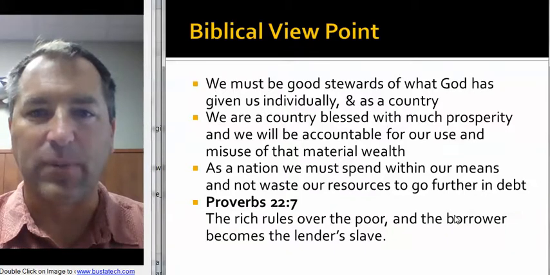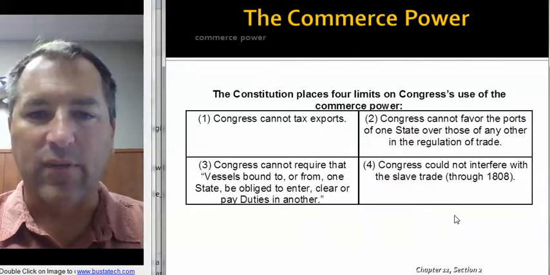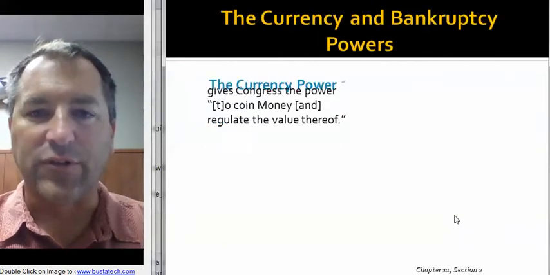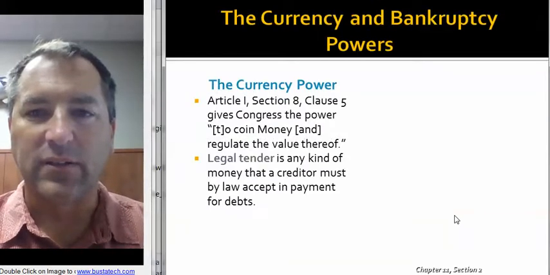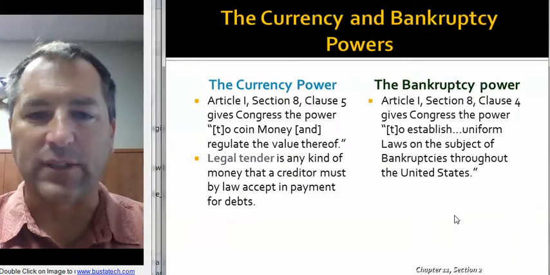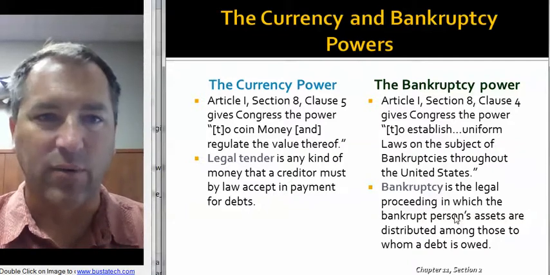So these biblical points are being avoided today by our Congress, and they continue to get deeper and deeper in debt. They do have commerce power also, on taxation and monitoring of trade, as you know. If you have a bankruptcy situation, the Congress sets the rules for bankruptcy. The Congress also decides what is called legal tender. What can you use to pay?